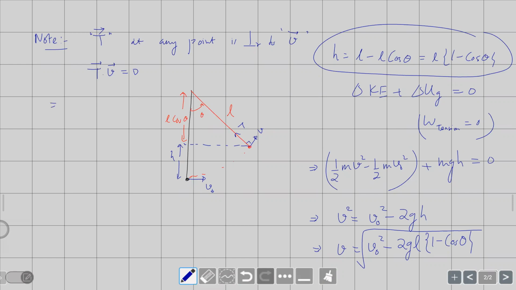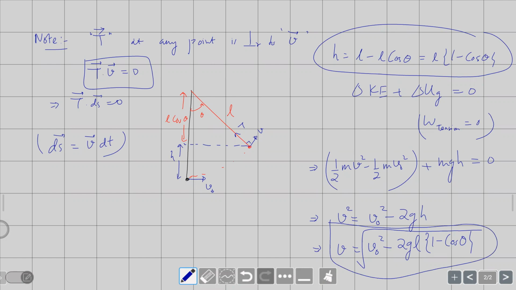So that means T dot ds will be 0 for any small displacement, because a small displacement is the instantaneous velocity into time. Or from this you can understand that power is 0. If a force is not delivering any power, the rate of work is 0. That means at every point of time the rate of work is 0, so the overall work is zero. So this is our first result. We have got v as a function of theta, right? So everybody is clear up to this point?